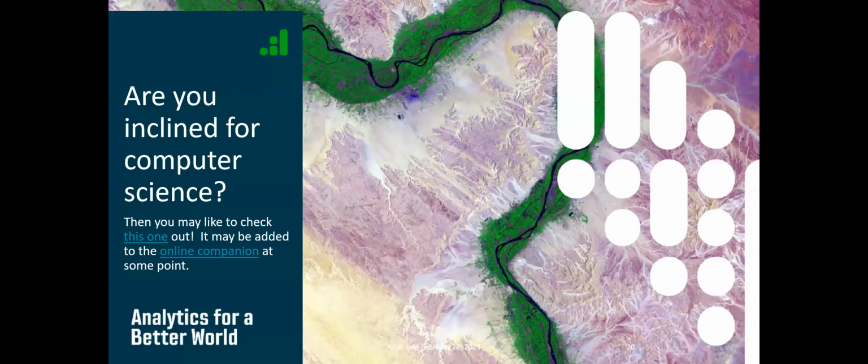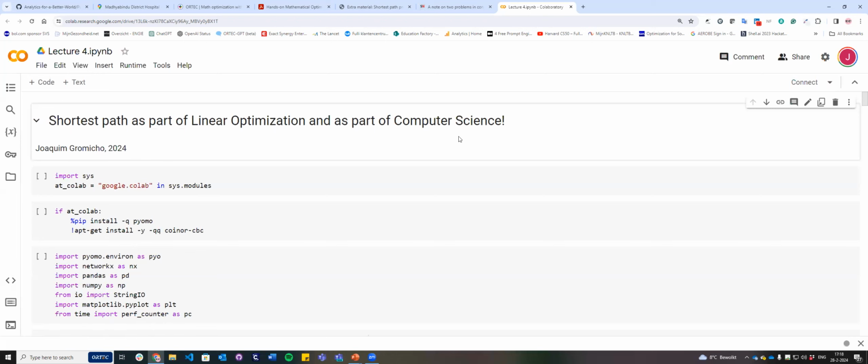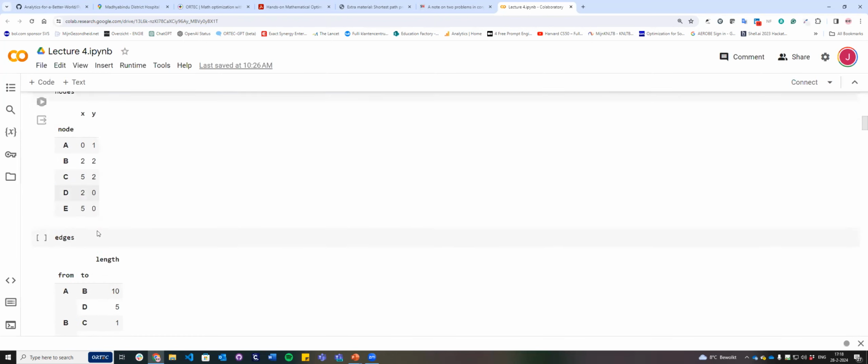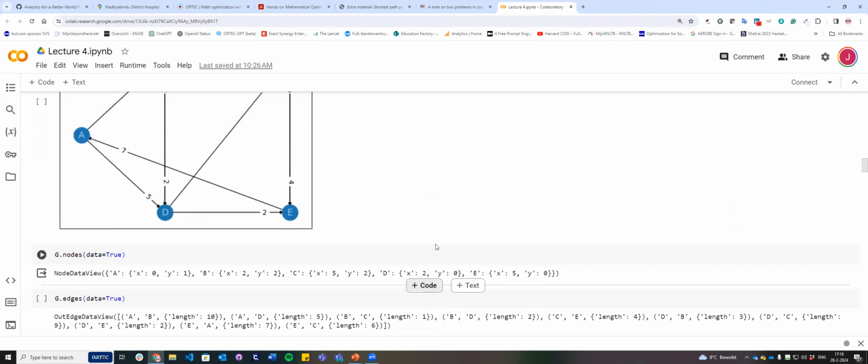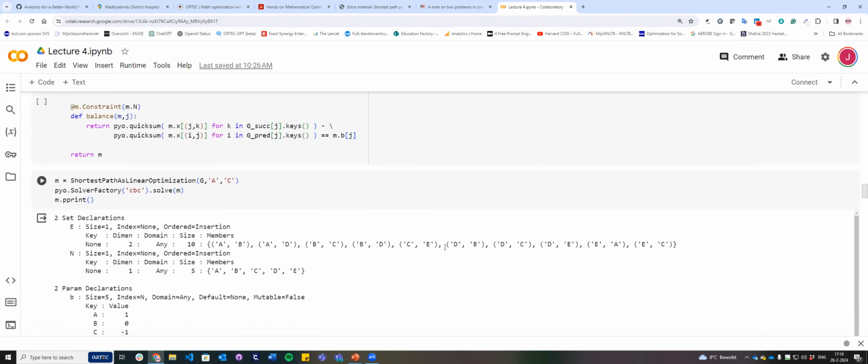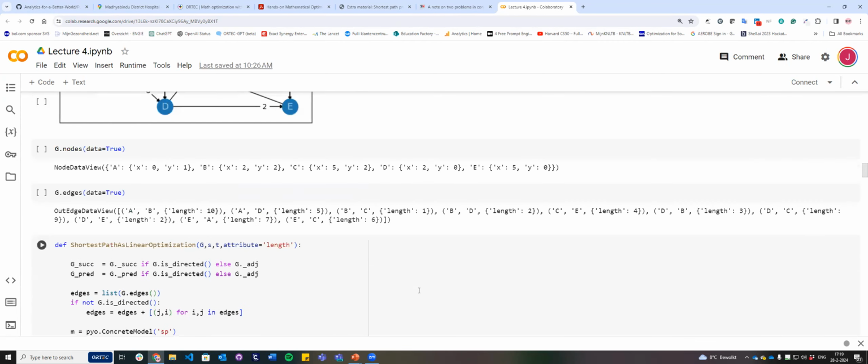All right, so I do not know much about my audience. This talk was advertised among large groups of people. Maybe in my audience somebody is inclined towards computer science and likes to program, then you may like this notebook. This notebook is not yet part of the online companion to the book that I referred to. It basically shows you how you can very easily implement the problem of solving a shortest path in two